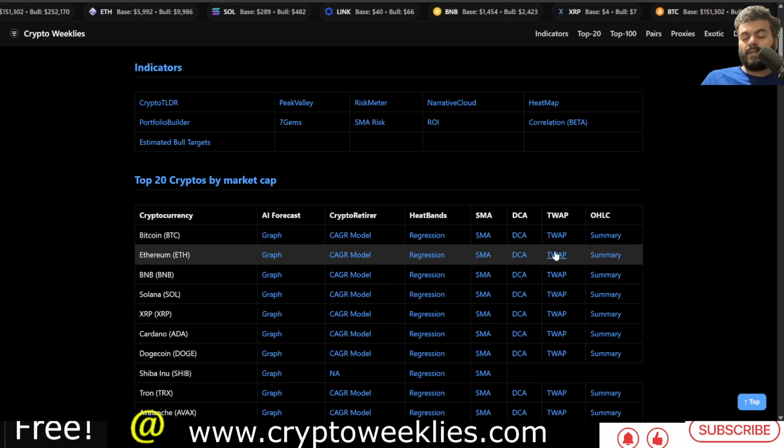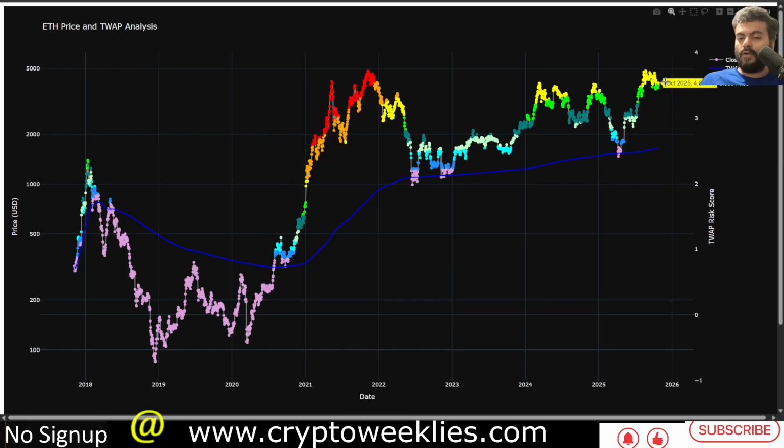The time weighted average price model says that risks are not too highly elevated like they were back in 2021 or even 2024 and August 2025 for that matter. The time weighted average price for ETH is at around $1,650. This line helped identify a great accumulation zone for ETH back in 2022 twice and again in 2025. Whenever the price is close to this blue line, again, this is not a retroactively fitted model, this is a live model, it interacts with the current price and the time weighted average price for ETH.